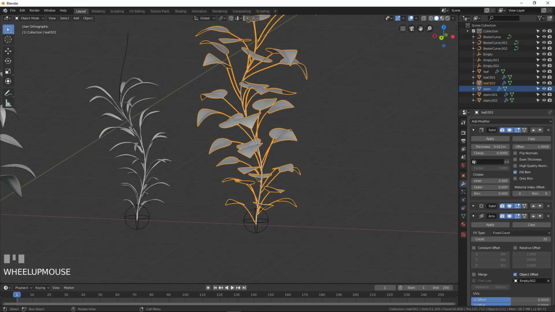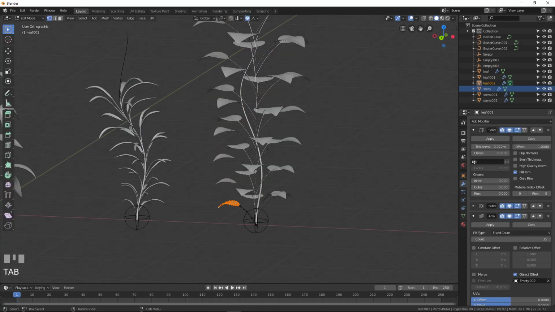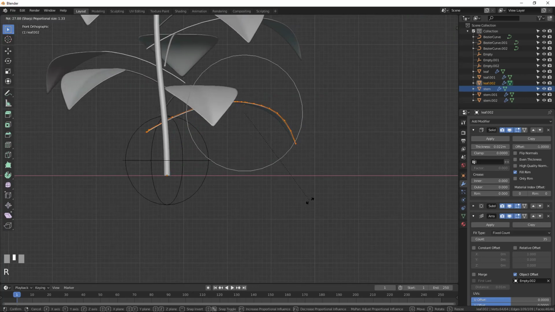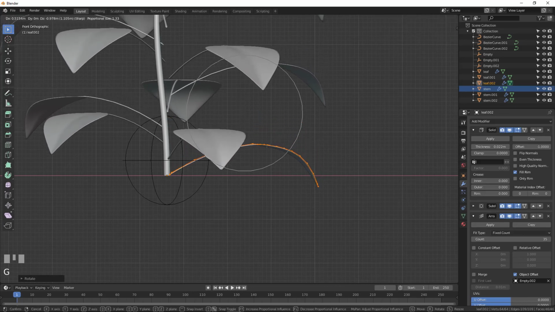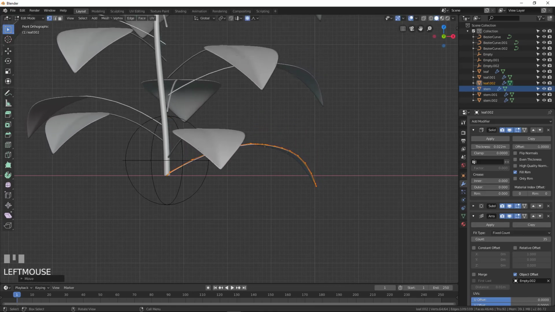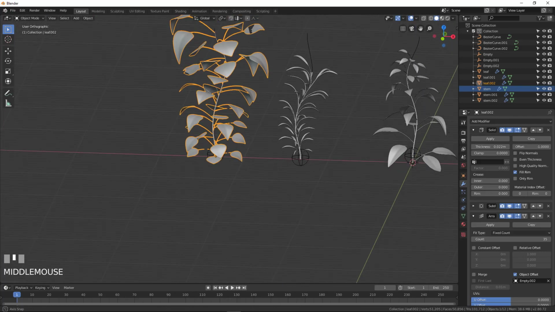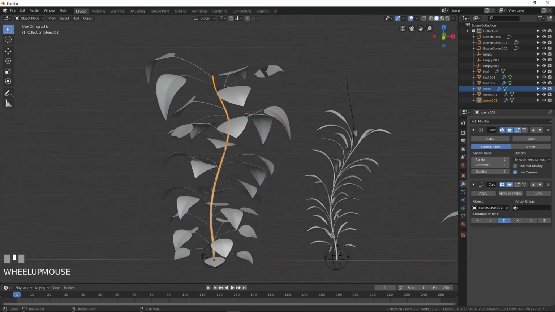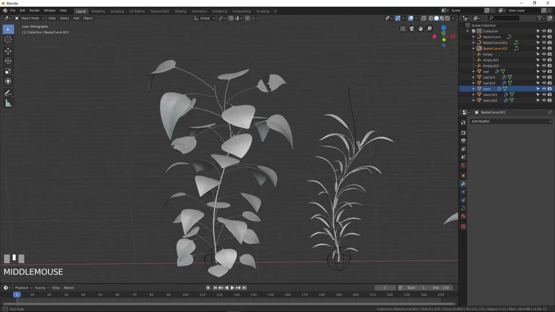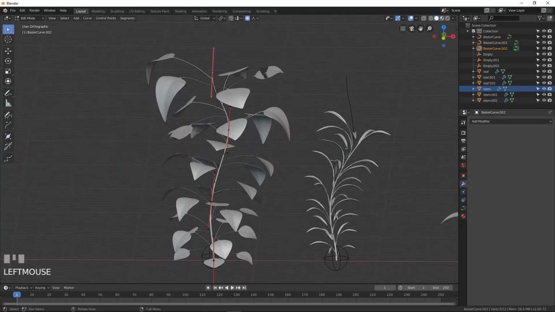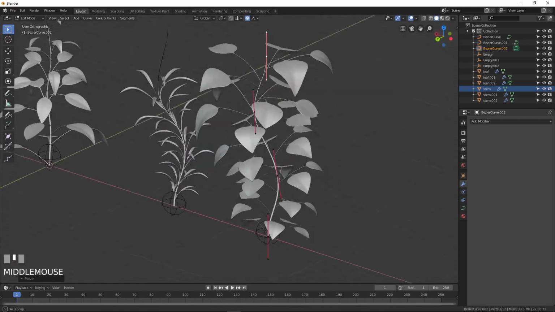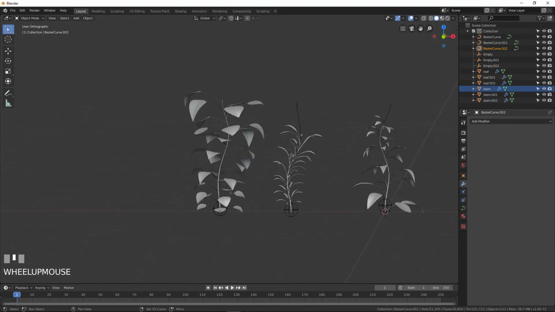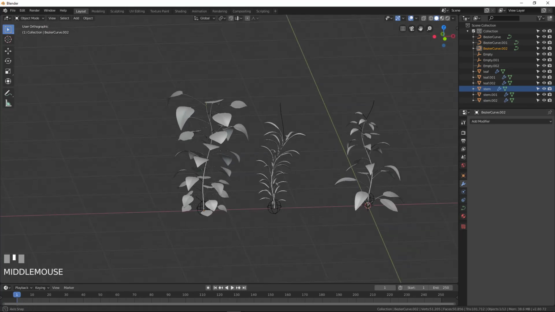And maybe to make it a little more flat, well, what we can do is to select the leaf again, select everything, and make it like this. Okay. Maybe a little less for the top, a little less of curve on the top to not have these strange shapes here. Good. And now we have three totally different plants